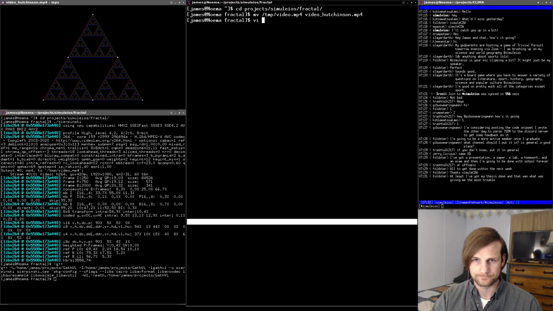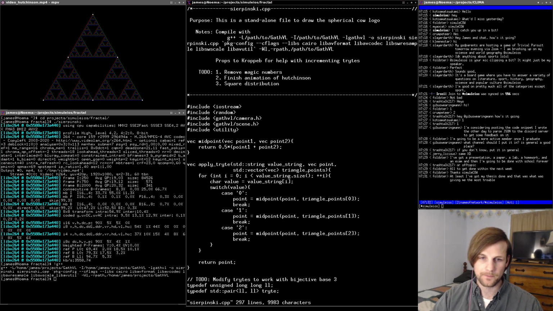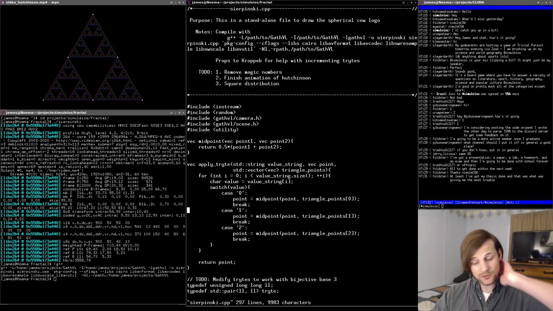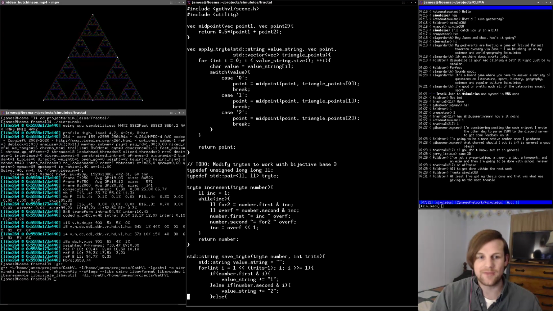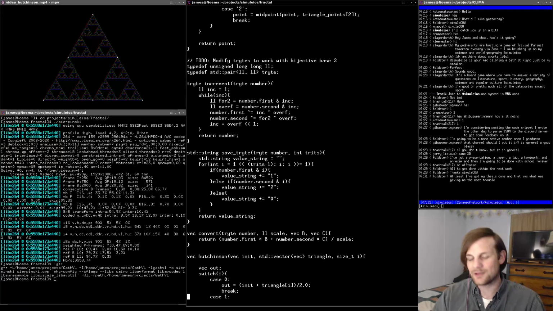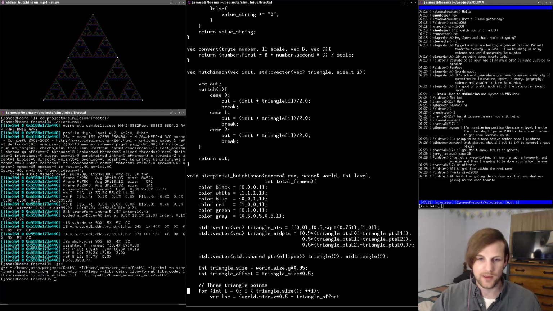What am I looking for? Sierpinski.cpp. Unfortunately, I'm just going to copy and paste the function. I realize there is definitely a way to make this animation so it takes in 4 arguments, and I'm not going to do that. I'm just going to put it in a square. So we're going to grab the Sierpinski Hutchinson. Let's just do